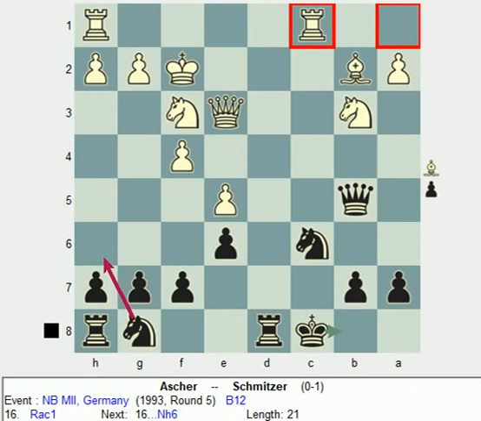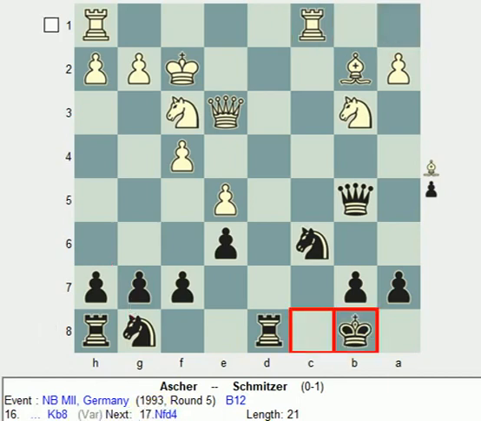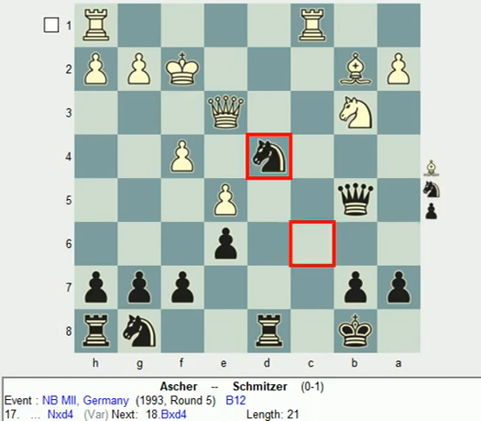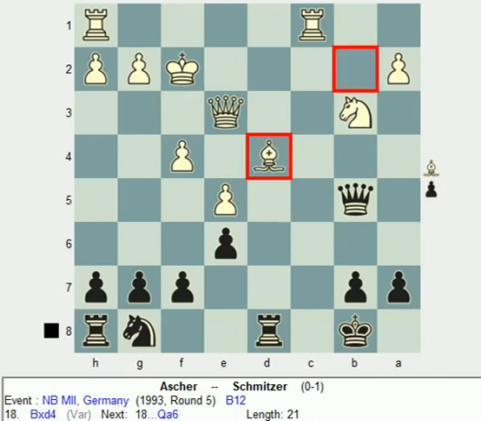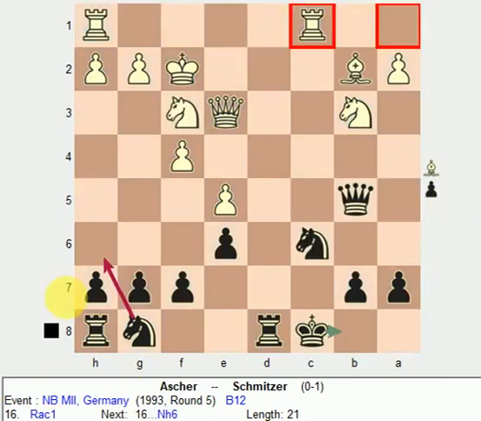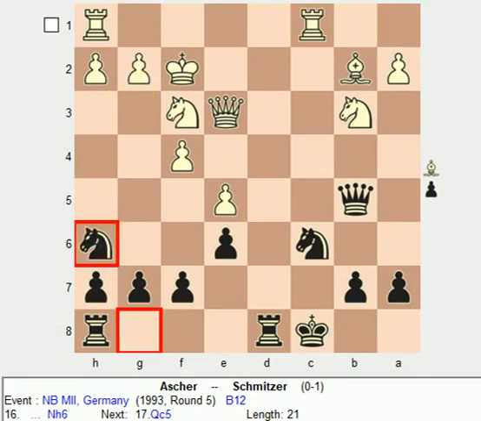So we were here. So he plays king to b8. White moves knight to d4, knight takes d4, bishop takes d4, and queen to a6. So comfortable. So we're here, black played knight to h6,